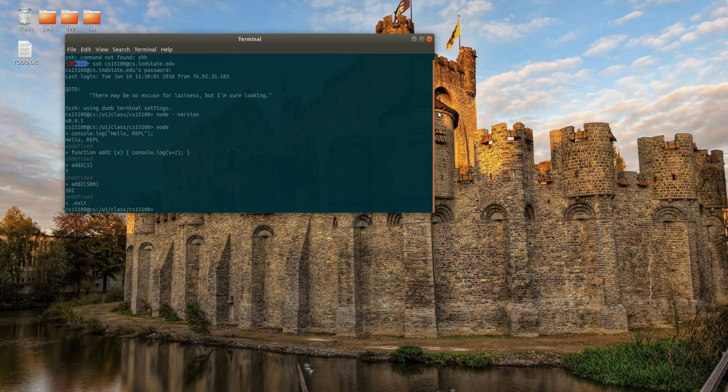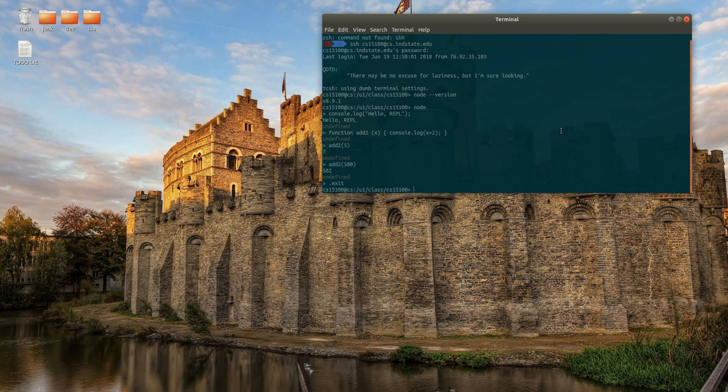Alright, most of the time the REPL is just for testing out things real quick. What we're going to be using Node for mostly is we're going to create a JavaScript file that has JavaScript code in it, and you run that file with Node. Okay, so you would run node and then file.js, and that would execute the JavaScript inside of file.js. So let's try that. Let's make a